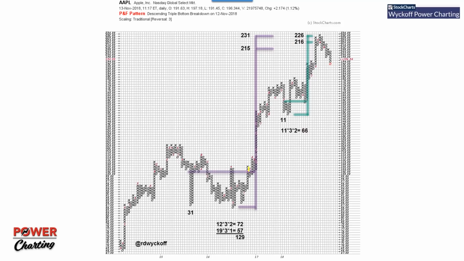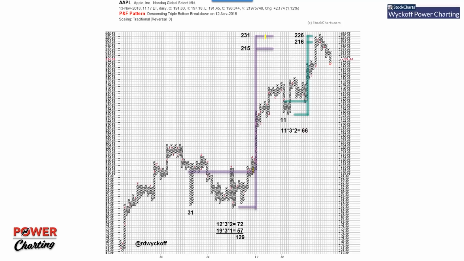Well, it's because we have 2 big point and figure counts, the fuel in the tank, this fuel that was available to propel higher prices, which was buying by these large informed institutions. This buying put stock in strong hands, made it difficult to buy by other institutions and by individuals, and so the stock easily